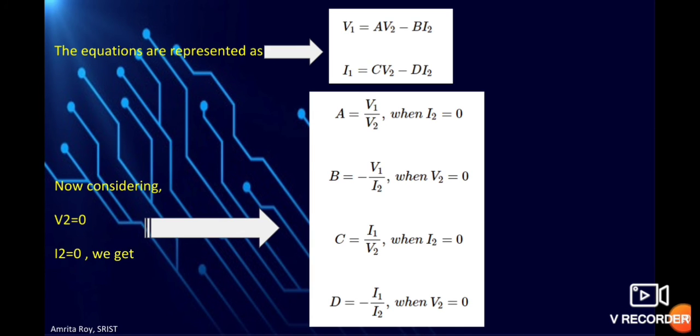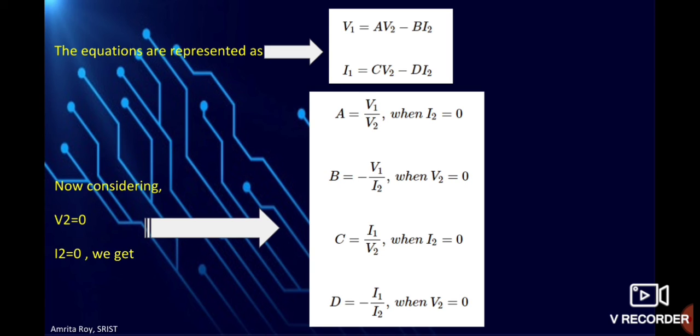Now coming to the equation part. So, we will get two equations. In this case, you can see that here the dependent variables are V1 and I1 and the independent variables are V2 and I2. Like the previous cases, for Z parameters the dependent variable was only voltage, and for Y parameters the dependent variable was only current. But in case of ABCD parameters, we have both voltage and current as dependent variables. So this point should be noted. Okay, this is an important point.